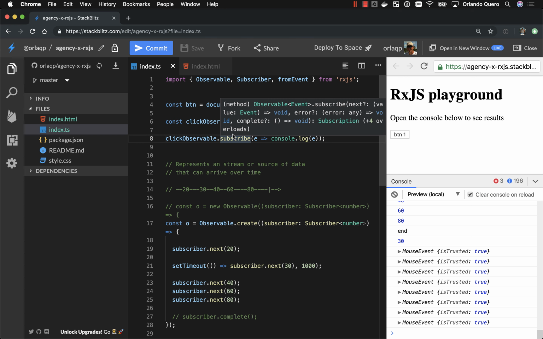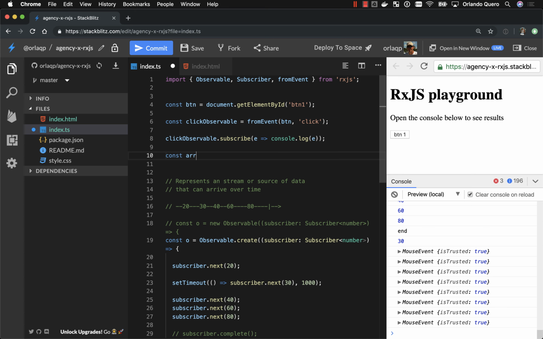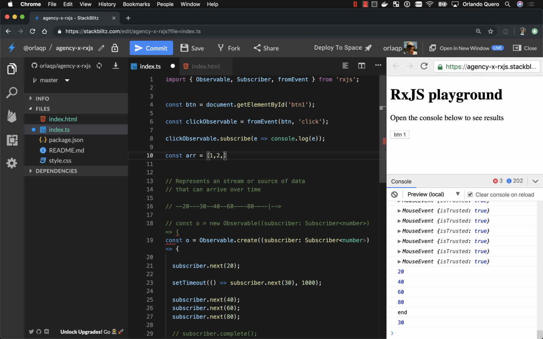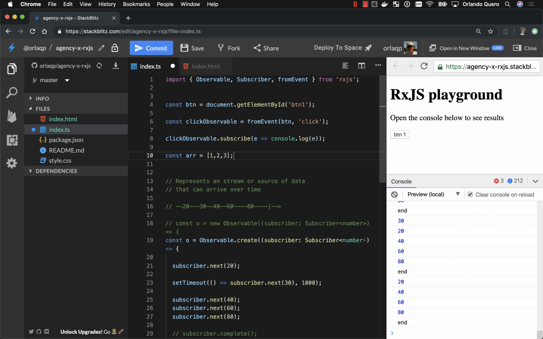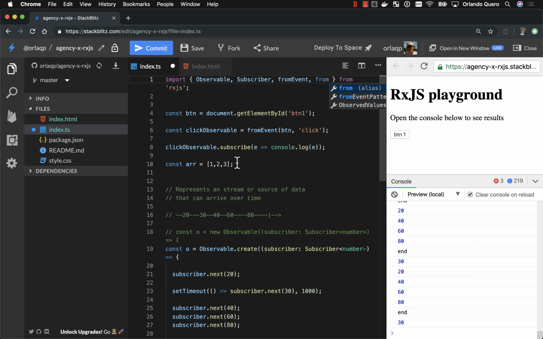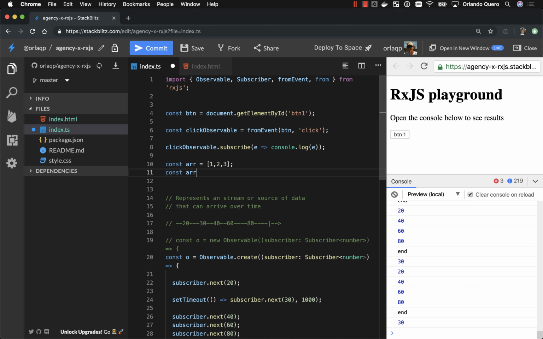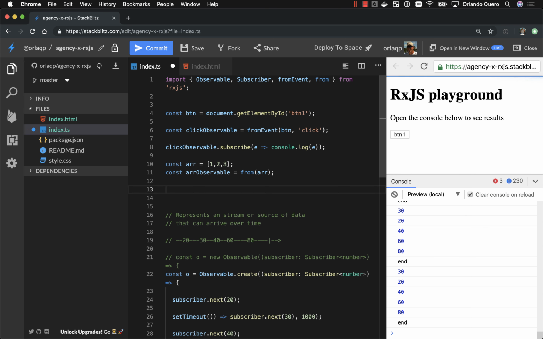Okay, but what if we want to create an observable out of, let's say, an array, right? Let's say we have an array of 1, 2, 3. I want to create an observable. So there's also a very convenient function that we can use, which is called from. From here, you can do our observable, and we can do from array. And again, if we do our observable subscribe,